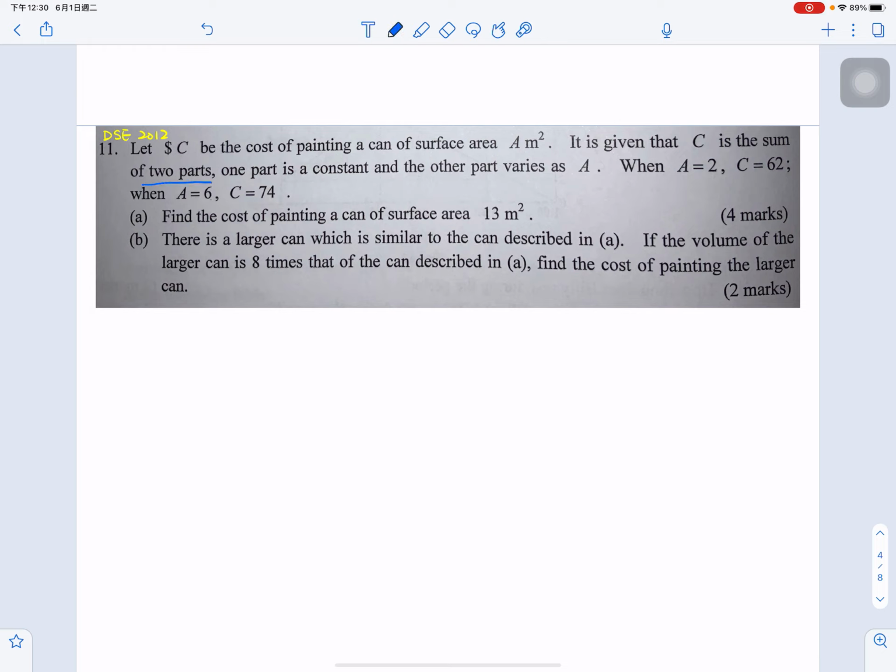又係啦。One part is constant and the other part varies as A. 所以 part A 又會咁樣啦，又俾咗兩套資料你，A equals 2, C equals 62, A equals 6, C equals 74。咁我哋點樣？Find the cost of painting a can of a surface area is 13 meters，呢個好明顯就係 A 啦。OK，咁點計呢？一樣啦，Let's see，好，partly constant partly varies as A，咁即係話其中一個係